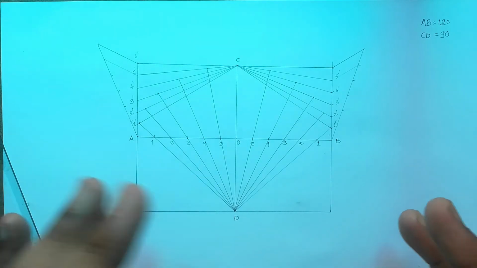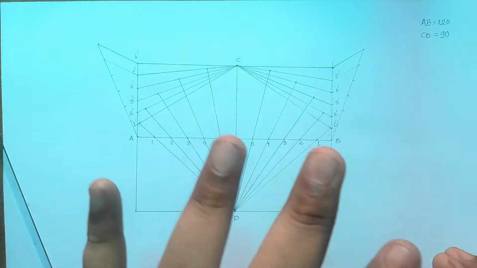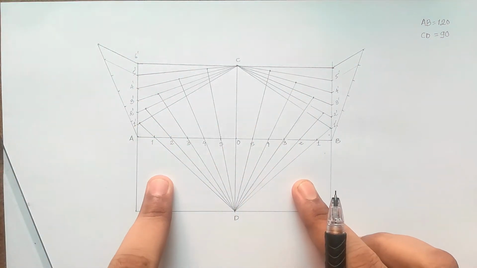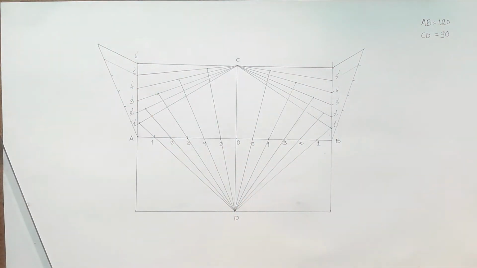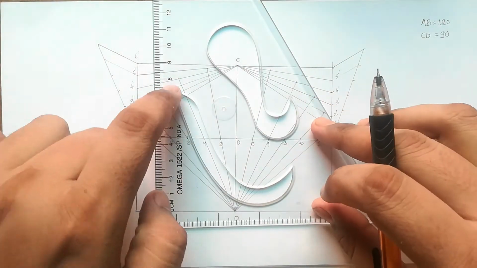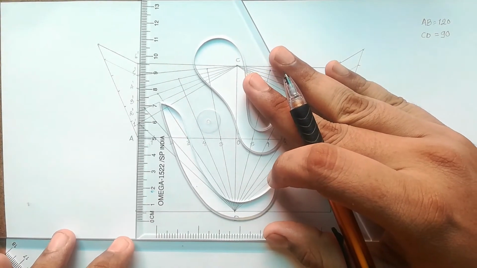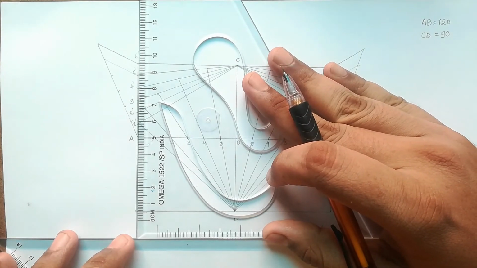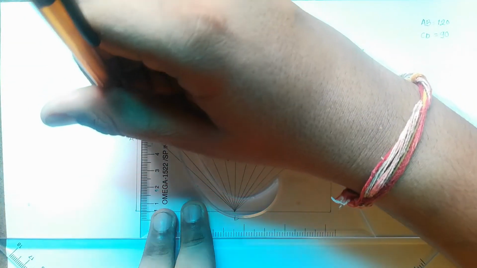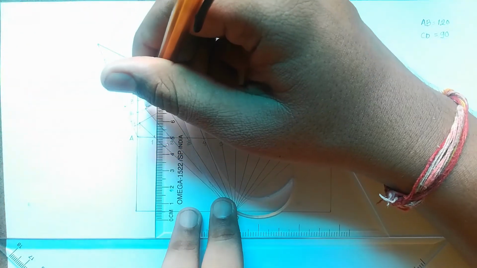If you don't want to continue this same process and if you have a lack of time, in that case we have one more way to extend all these points to the third and fourth rectangle. What is that process? Let me just explain it. For that I need to draw a number of vertical lines. So I will take this as a drawing set square and this as a support set square. I will take a reference of the vertical line that is drawn over here and draw a number of vertical lines from each and every point that I have received on the top rectangles. So these are my number of vertical lines.